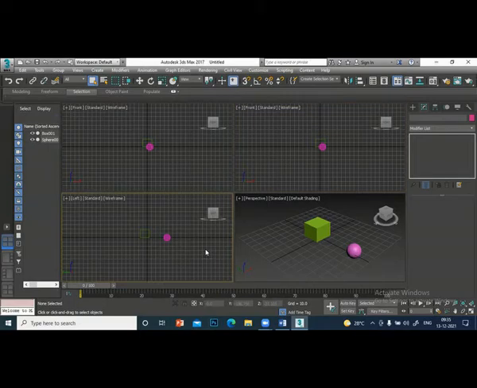That means you are looking from one of the axes. So top means you are looking from the Z. Okay. And front means you are looking from the Y. So like that, orthographic shows the 2D views and the other one is perspective view.